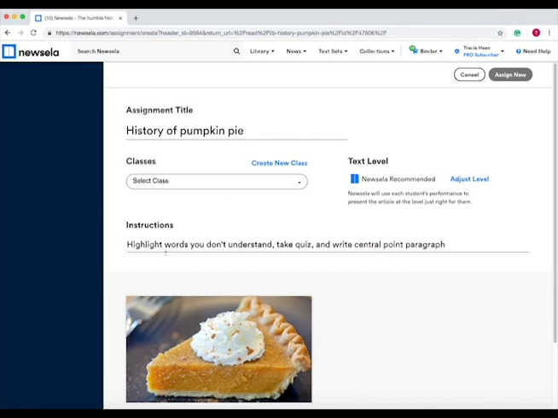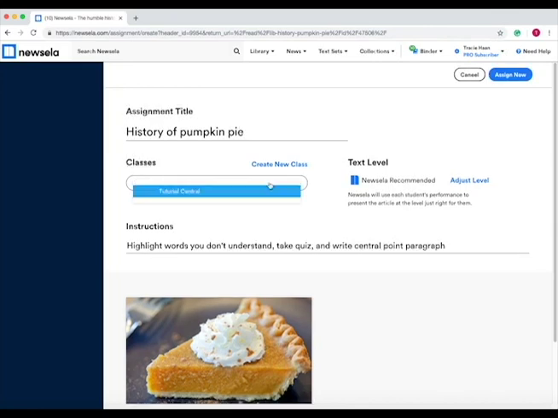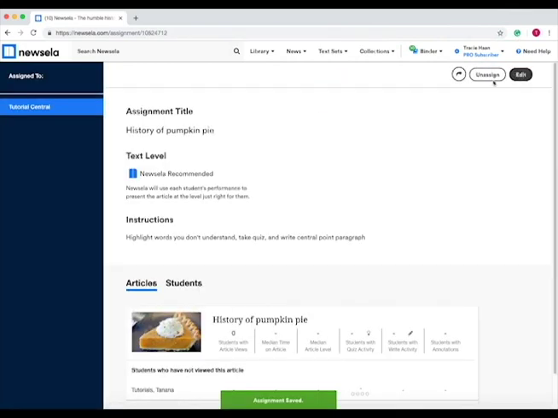Okay, so the instructions are to highlight words you don't understand, take the quiz, and write a central points paragraph. After we've selected the class and written the instructions, you press Assign Now, and now it's assigned to